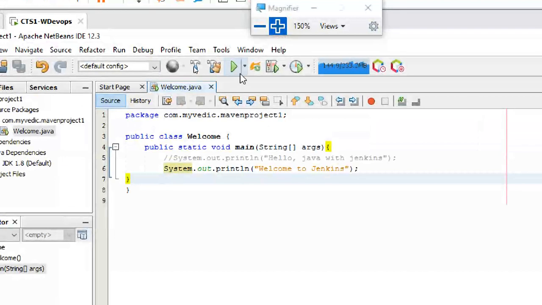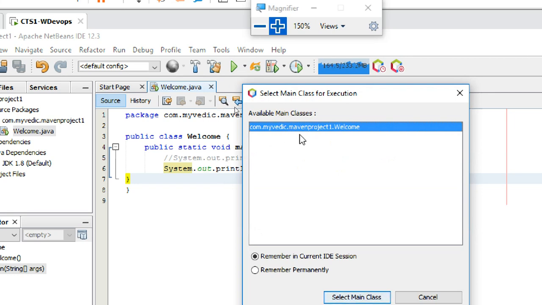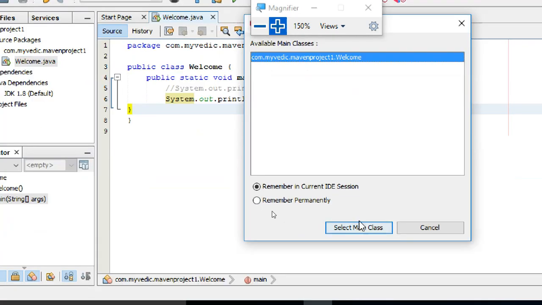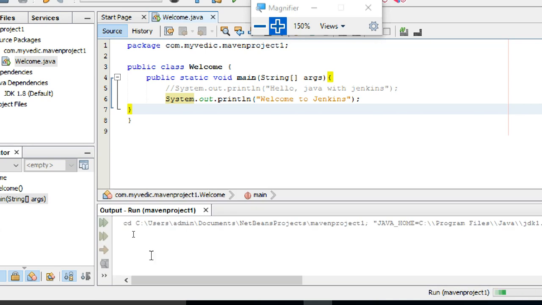Now we are here, so this is for executing. Run the project. Running the project, it is asking, do you want to remove the current path like this one? The available main class is this one. Okay, now it is running because it's a Maven project.